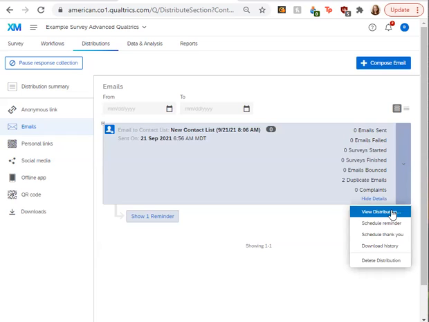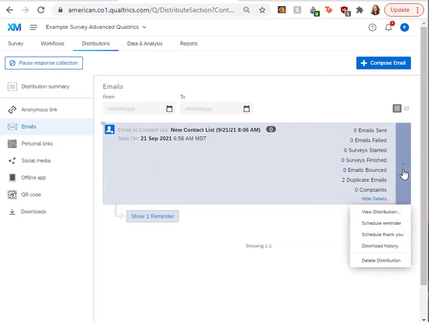And then you can also schedule a reminder email to send to the people in the contact list that did not answer the survey. This is only an option if you use the individual links, because if you use the anonymous links, then Qualtrics won't be able to tell who has and has not answered the survey.